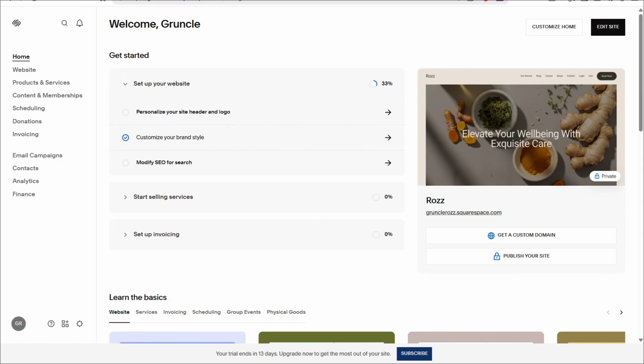In this video, I am going to show you how to make text smaller on phone in Squarespace. Let's get started. After successfully logging in to your Squarespace account and being able to access the homepage, the first